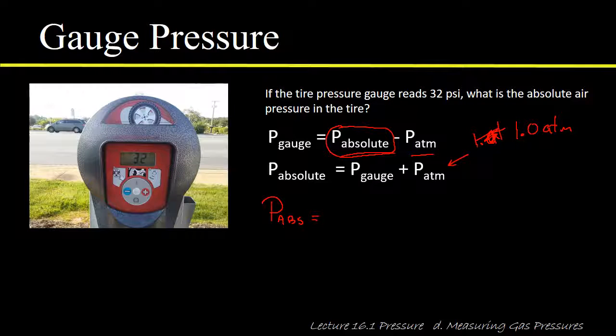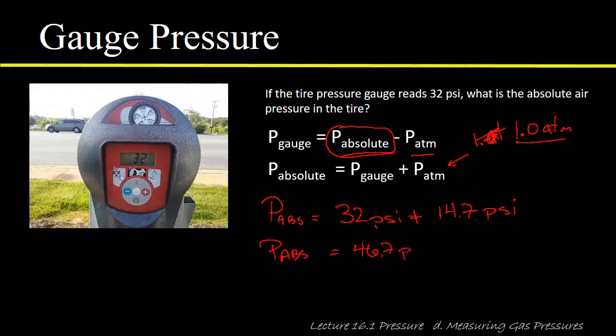Okay. So the absolute pressure inside the tire is the gauge pressure, which is 32 psi, plus atmospheric pressure, which is 1 atmosphere. We can't add those two things together. We have to do a little unit conversion, and I hope you remember from previous lecture that 1 atmosphere is 14.7 psi. So that means that the absolute pressure in the tire is